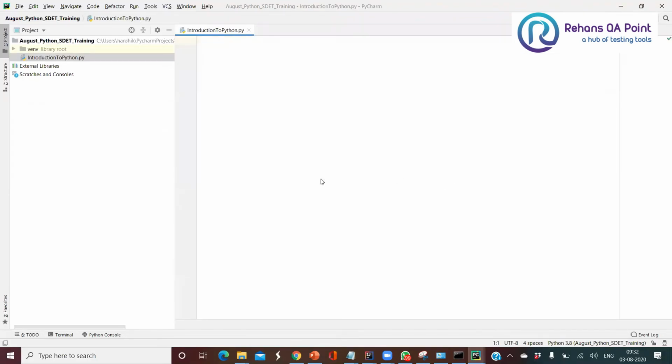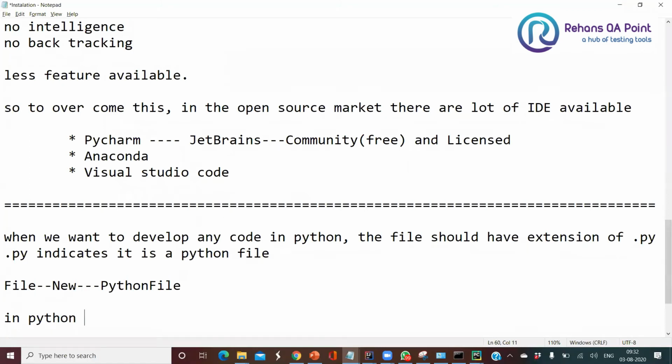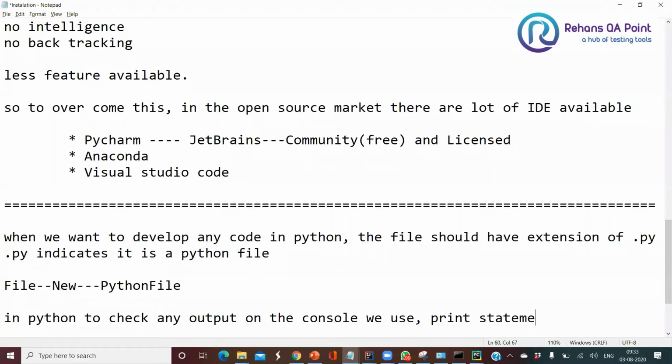Now this is the placeholder where we can test whether your code is working correctly or not. Let me use print and check whether I can get the output. In Python, to check any output on the console, we use the print statement.